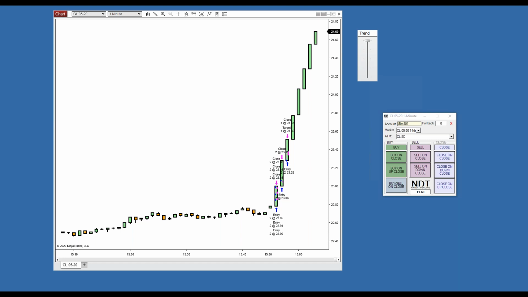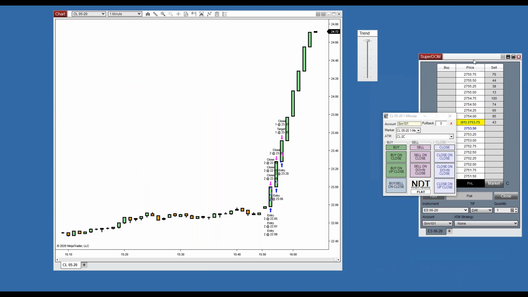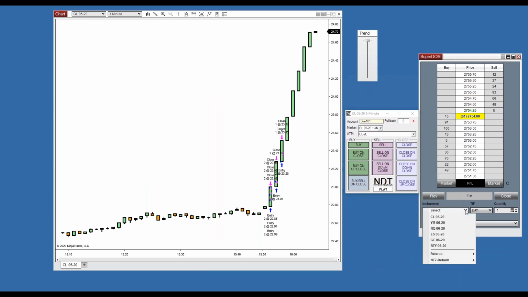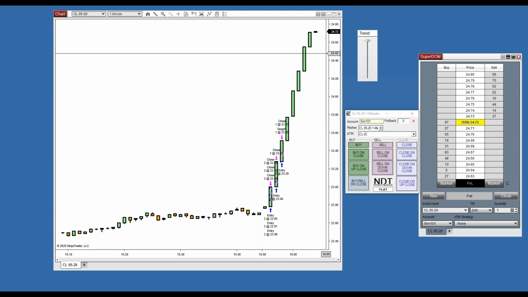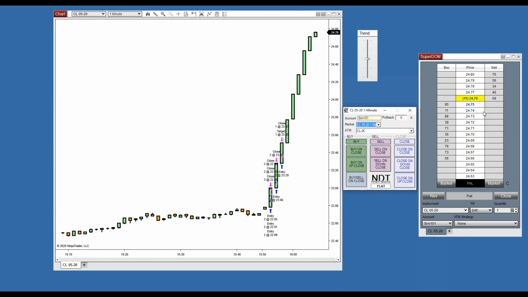Now I'm going to put up a Superdome right here. Now I'm going to put it on the same instrument. And the market's not moving that fast. Now I have this on a sim feed, so I can control the direction. And you can either trade off of this, which in a rapidly moving market just moves very, very radically. It's very difficult to put in a sell stop or a buy stop, especially if you trade on candle close,